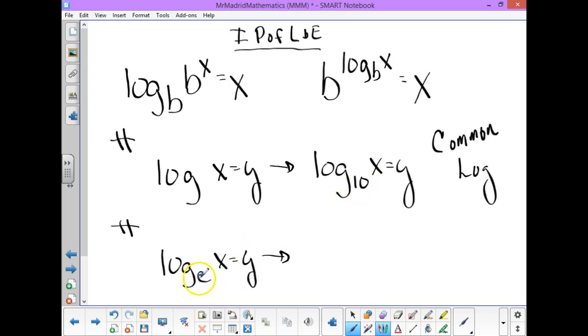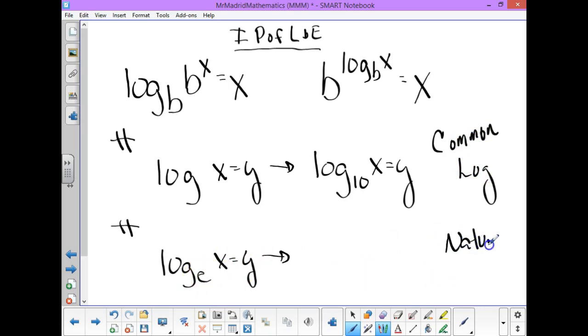However, it has its own special properties. If you have log base e of x equals y, which is still along the lines of the same logarithm properties we've been discussing, it's used very frequently, but it would not help us to give it the same name. So we call this, because this is the natural number e,